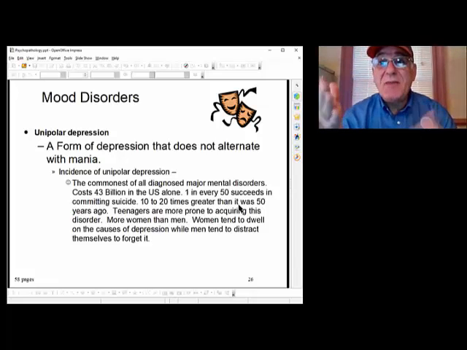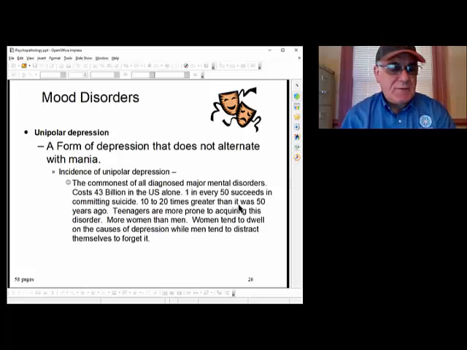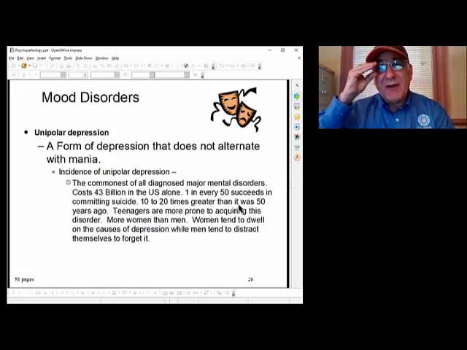This is called pre-therapy. You don't need a therapist. You need a best friend to listen to you. You need another ear. This is part of therapy we'll talk about when we get to the therapy section. You don't necessarily need to go see a therapist if you have a best friend forever who can talk to you about it.